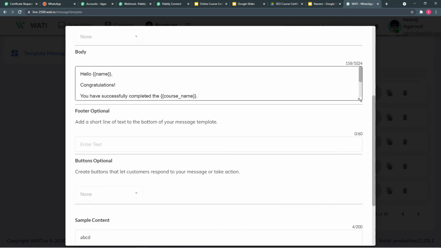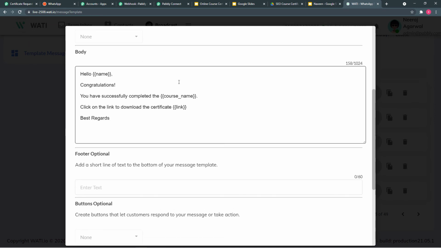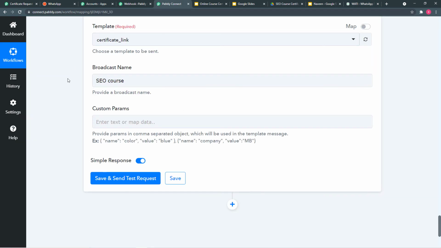You can see in the message body, we have something in double curly braces, just like the things in our slide template. All right, so I think you guys understand. These are the things which are going to change with every new message. These are the variable or custom parameters we have in the message body. We are going to map and enter the value of these things in Pabbly Connect so that as and when a new message gets delivered, these things get automatically filled, right?